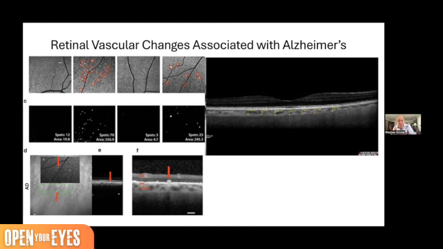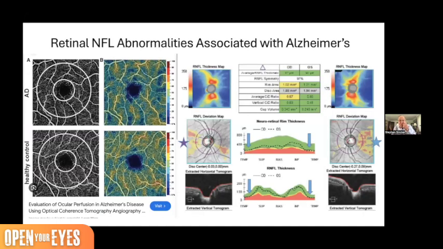is really dependent a lot, I think, on what we're going to be seeing more so in the retina in terms of the vascular. Because look at this. These are retinal vascular abnormalities that are seen with Alzheimer's. So what we're seeing here is little focal defects in the microvasculature of the retina, and these also are seen not only in the inner retina, but they're now concentrating a lot on the peripapillary blood vessels